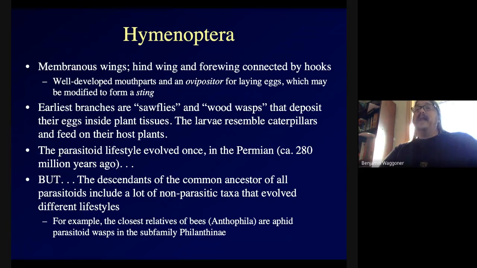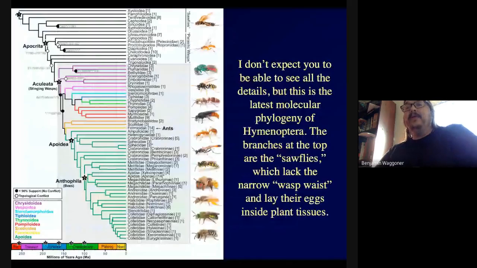I would not expect you to see all of the details. This is the latest molecular phylogeny of the Hymenoptera that I could find. Don't worry if you can't read all of the names at this scale. We'll zoom in on this a bit. But up at the top, those are the deepest branches of the tree. And all of those branches up at the top that are not in that shaded box,